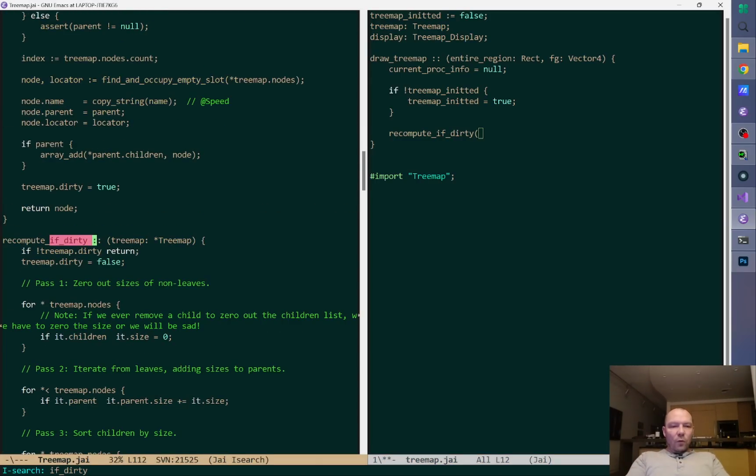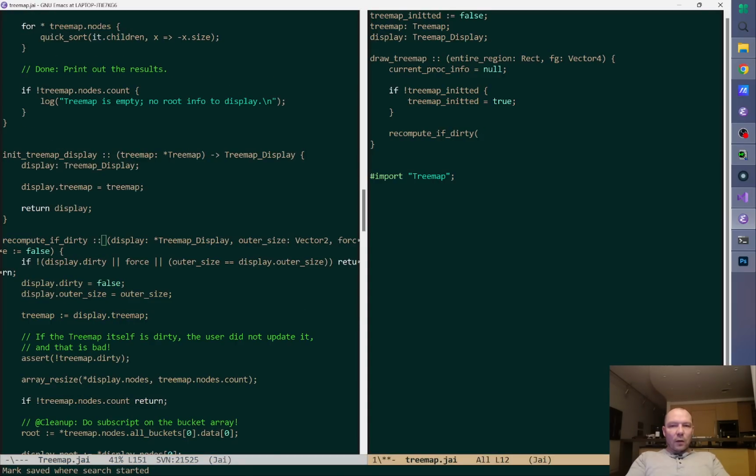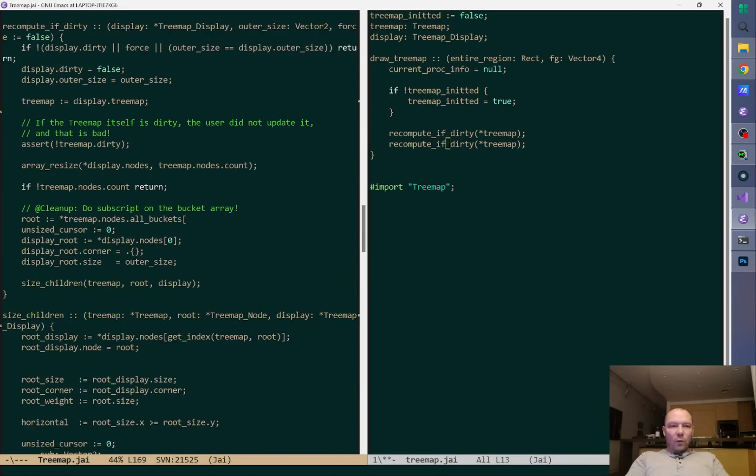Recompute if dirty, tree map, right? And then recompute if dirty, display, and rect or entire region.w, entire region.h. That is just how we do it. Okay, and then